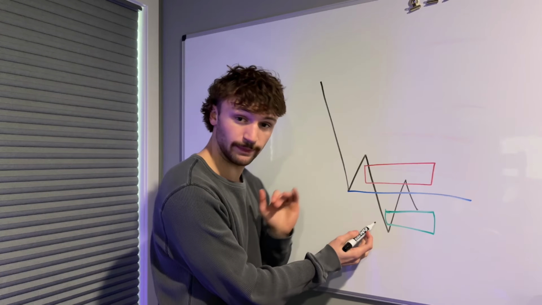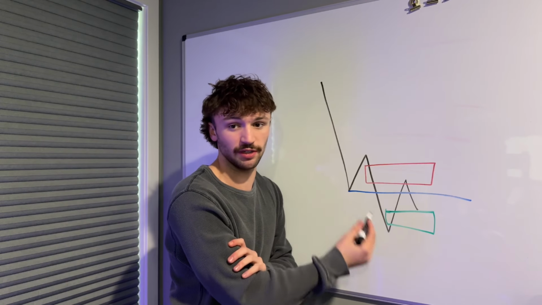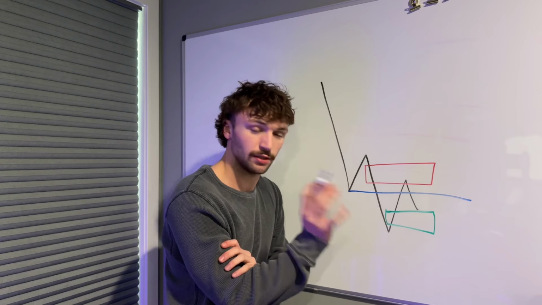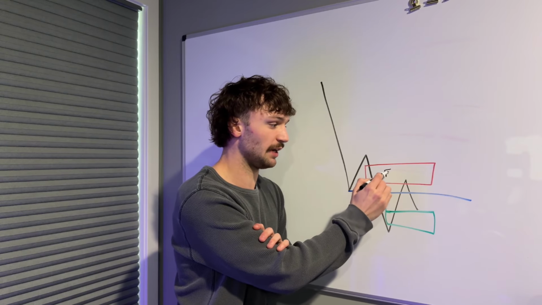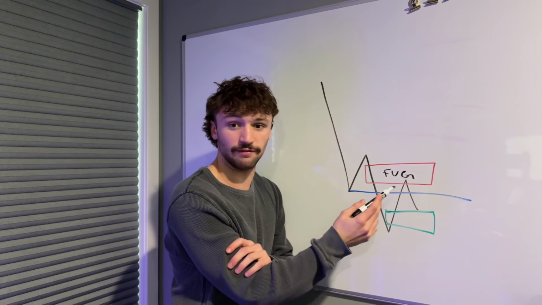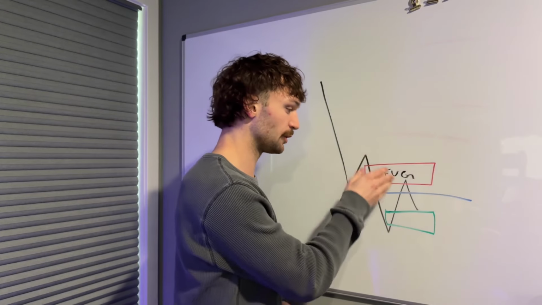We sweep these lows right here, making a new lower low, and then bouncing back above this trend. Realistically, you're not going to see a drawdown this far, but I don't care. Okay. Then you get a rejection out of this fair value gap, right? Out of that fair value gap, which is a bearish fair value gap, meaning that you should continue in that direction, right? So we respect that, we move down.